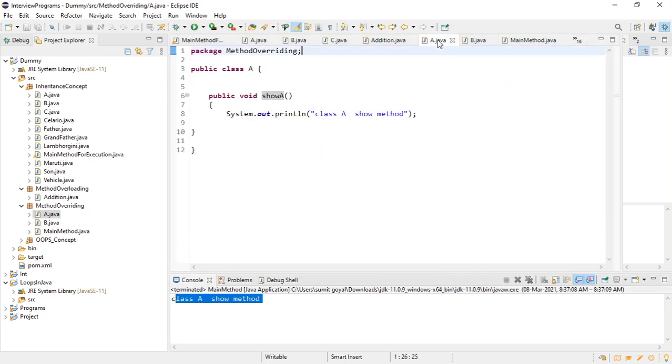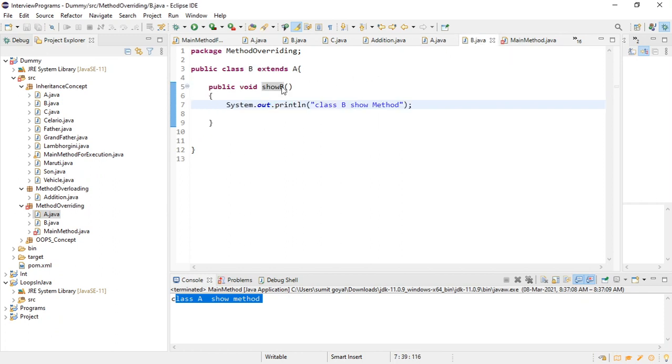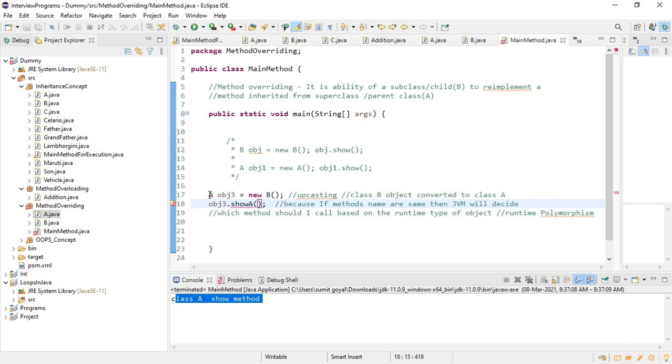But if I'm trying to achieve method overriding, how can you achieve it? It is applicable in more than one class, right? So just keep the method names same, and also the number of parameters and the return type, right? The method names are same. You can see a green tick will come here. Now if I want to call this method and I write like this, as the method names are same, this time that particular method will be called, right?